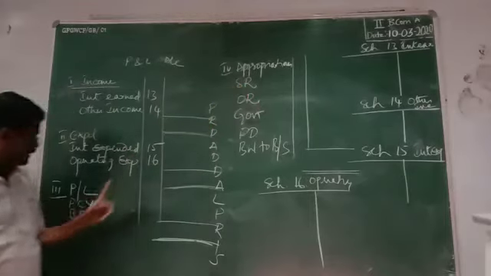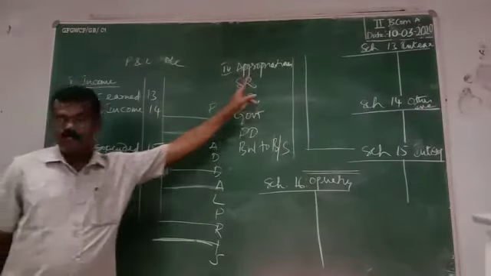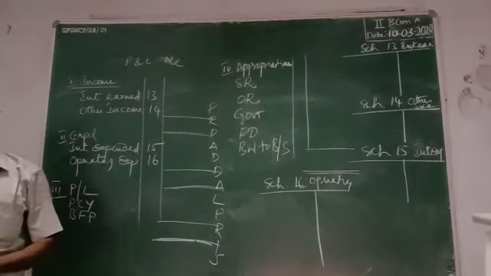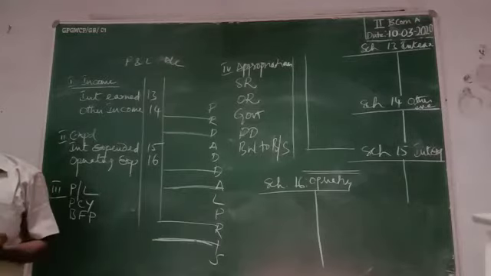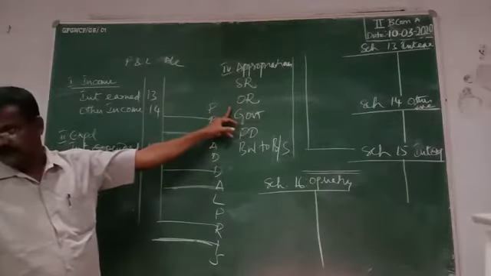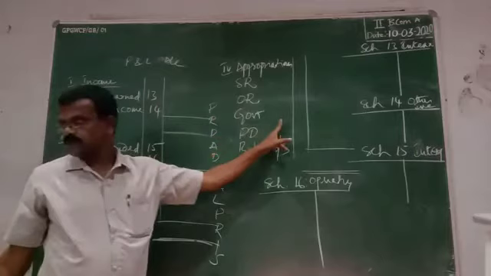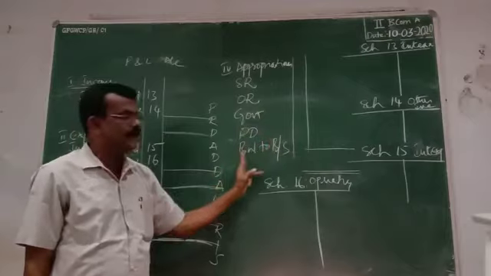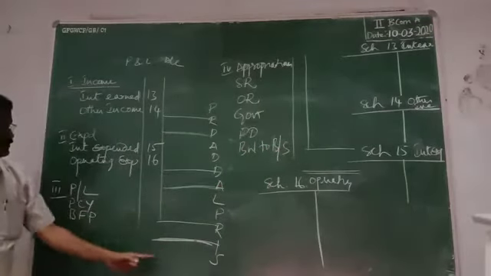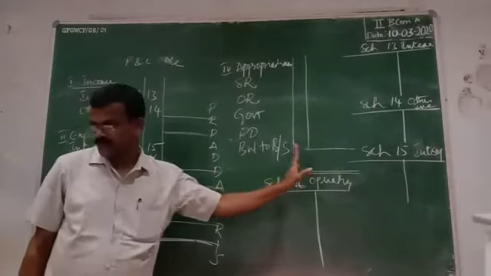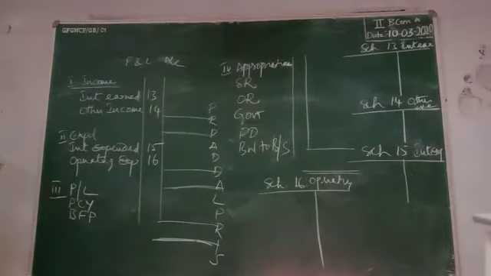First, 20% of the current year's profit should be transferred to statutory reserve. Unless otherwise stated in the problem, it is mandatory, compulsory. You should transfer 20% of the current year's profit to statutory reserve, and any transfer to other reserves, for example revenue reserves, transfer to government, and proposed or declared dividend. Any balance left, after total profits and appropriations, is transferred to the balance sheet. In the balance sheet, that should appear under which schedule? Schedule number 2, reserves and surplus.